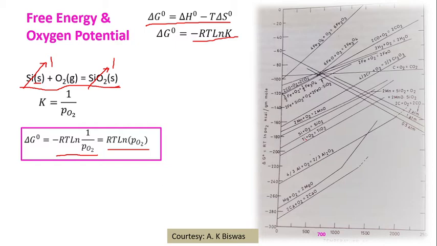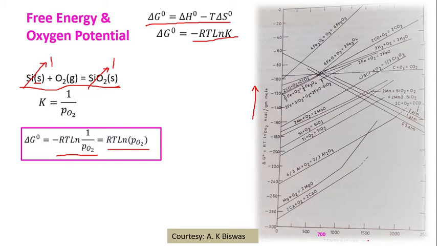This is the Ellingham diagram we all know. It gives the relative stability of various oxides, that means pure oxides, as it is a pure metal and pure oxide system. Here the y-axis is your oxygen potential and the x-axis is temperature. Let's take an example of how the oxygen potential varies with temperature.